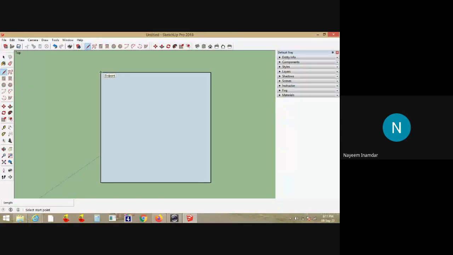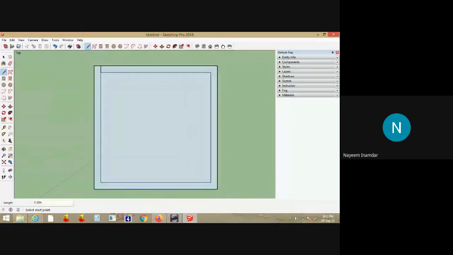Somewhere I'll click here. From here, I'll draw a line of dimension 0.3. And parallel to this, 5 meter up to here, it is 5 meter. I can move 5.3, 5 meter plus 0.3 meter. Again, this will be 0.3. This up to this, it will be 5. Again 0.3, 5.6. Again in this direction 5.6. Again in this direction 5.6, and I'll just join the line here.